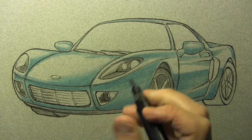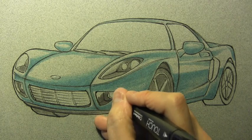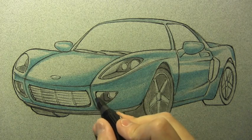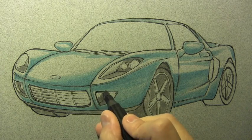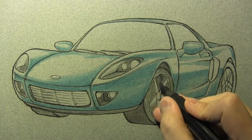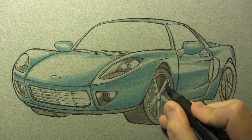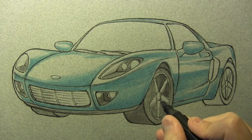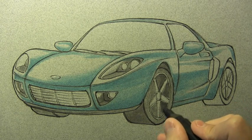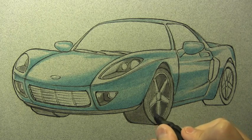I'm using the thickest. People might be surprised. Why are you using the thick part of the marker? And it's just, I don't feel like I need a huge amount of precision. Just want to cover as much of this as quickly as I can for the purposes of the video. And sometimes what you want is to cover a lot in each stroke of the pen so that you don't, again, get this very blotchy effect that comes from going back and forth over and over again with a small fine-tipped